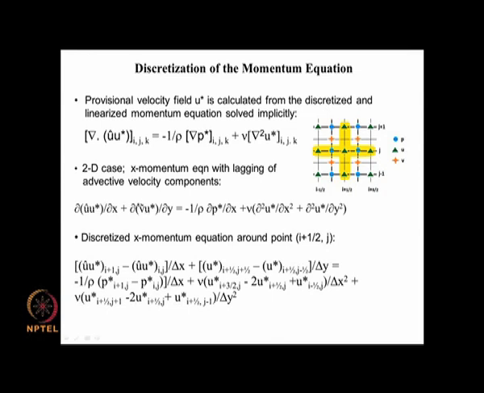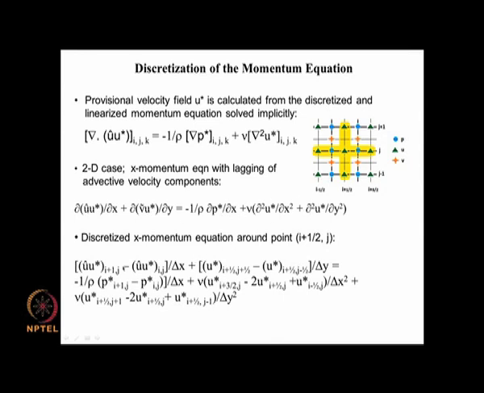And similarly, this V that is coming in this term is assumed to be known from the previous iteration. And P star, we are assuming that when we are evaluating the x momentum equation, then P is already known, and the diffusion part is treated correctly. And we also are looking at evaluating this whole thing in an implicit way. So it is the same U star that is coming on the left hand side as is coming on the right hand side.